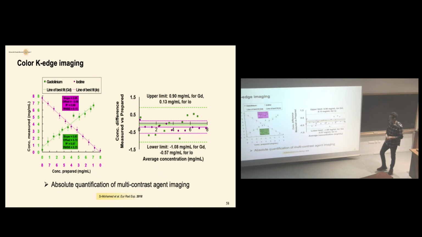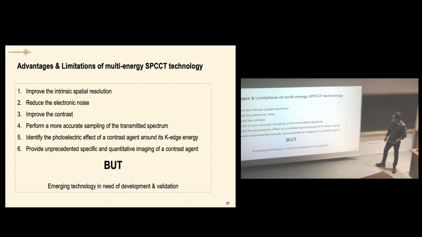And even more than this qualitative aspect, you could do a quantitative analysis of these contrast agents, for example for iodine and gadolinium, with a very high accuracy. You see here the root mean square error that is very low, close to 0, while the R square is very high, close to 1. So you have quantification capabilities from 0 to 8 milligram per milliliter, which is the clinical range of contrast agent used routinely, and you have also a really high agreement.